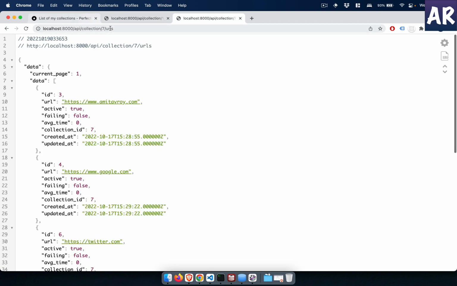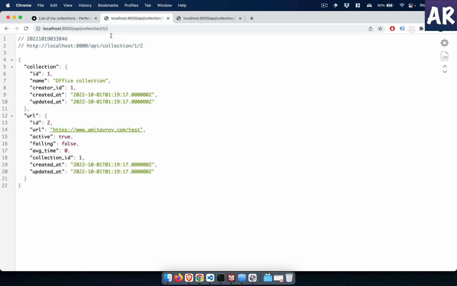We have done that route model binding over here as well. But in this particular case, there are two different models which are route model bound, which do have a relation as well. How is that happening? I'm saying that give me a URL which belongs to collection 1 and the URL ID is 2, right? So if you see over here,